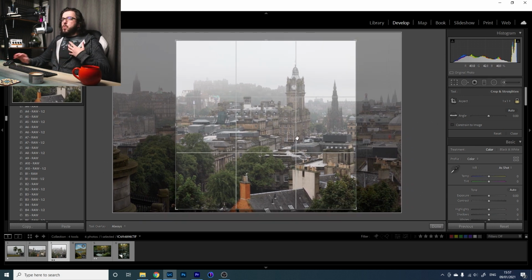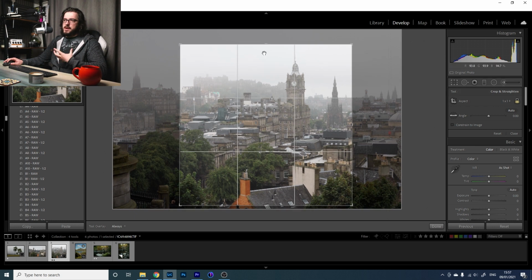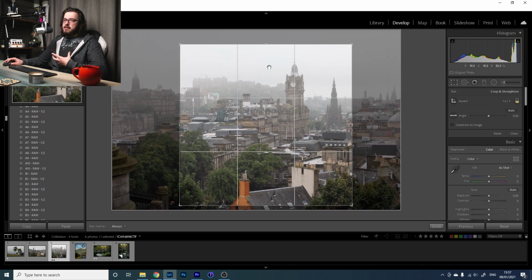So that is, again, worth thinking about when you're looking at your image. You'll have considered the composition when taking the image, but now is a good time to think about how you can refine it further. What is wasted space in your shot? We don't need so much of the sky, so we can bring this down, narrow it, and just make sure